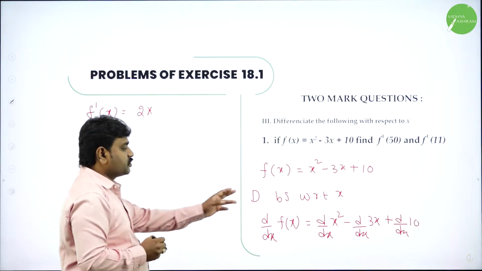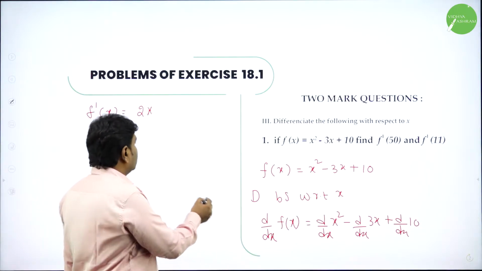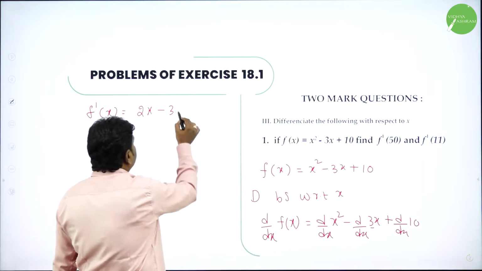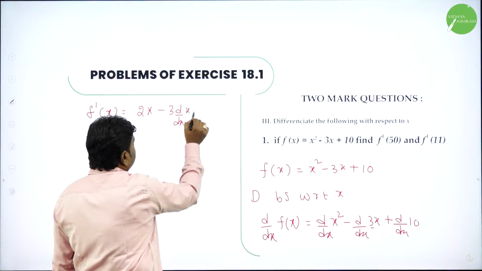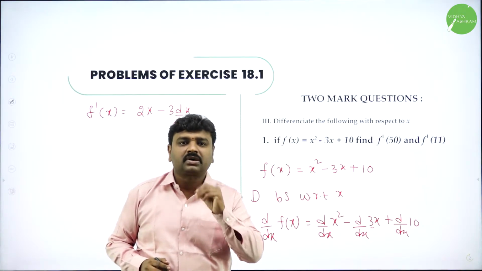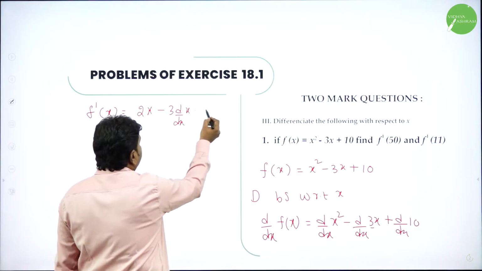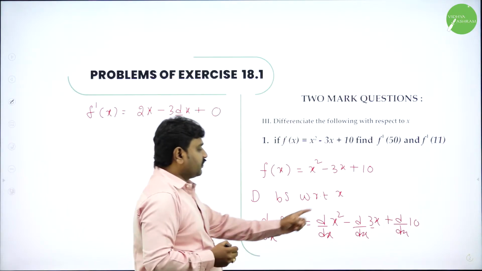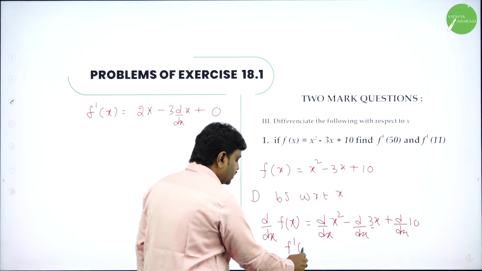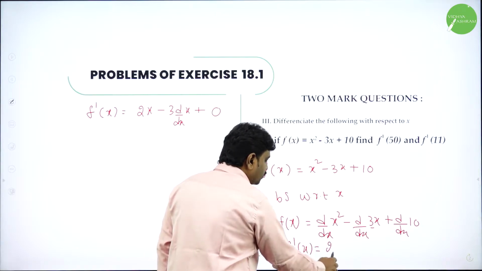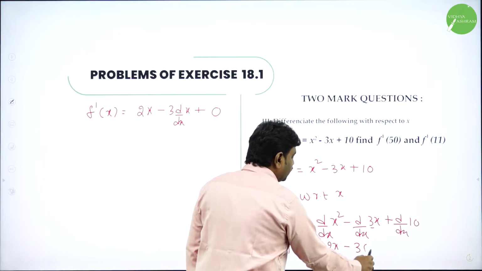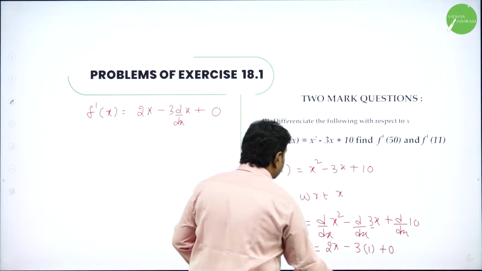All of you know, derivative of x per n is n into x per n minus 1, and 3 is constant, take it out. Here 3 is constant, take it out, and d by dx of x. Then plus d by dx of 10. All of you know, 10 is a number. All numbers are constants. So derivative of 10 becomes 0, because differentiation of constant is 0. So now here d by dx of x, I have written f dash x, and d by dx of x square, x per n, n into x per n minus 1, 2x, and 3 is constant, I took it out, and derivative of x becomes 1, and this is 0. That's what I have written here.